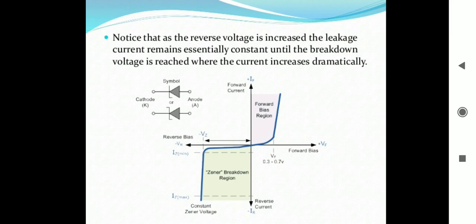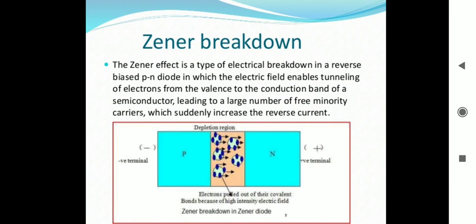So again, let us discuss the Zener breakdown. Firstly, the Zener breakdown is observed in a reverse diode having a Zener voltage of less than 5 volts, practically less than 5 volts or between 5 to 8 volts. Let us understand the Zener breakdown mechanism for Zener voltage less than 5 volts.